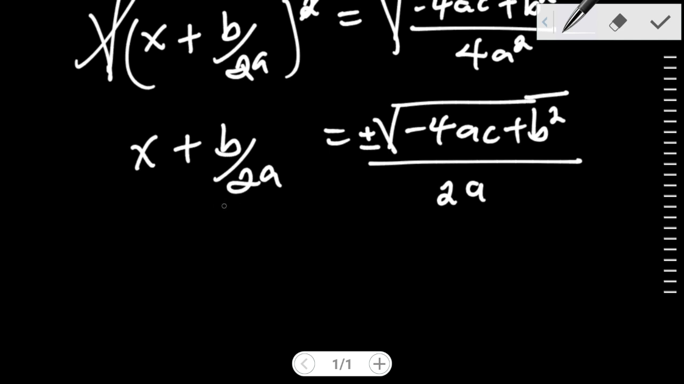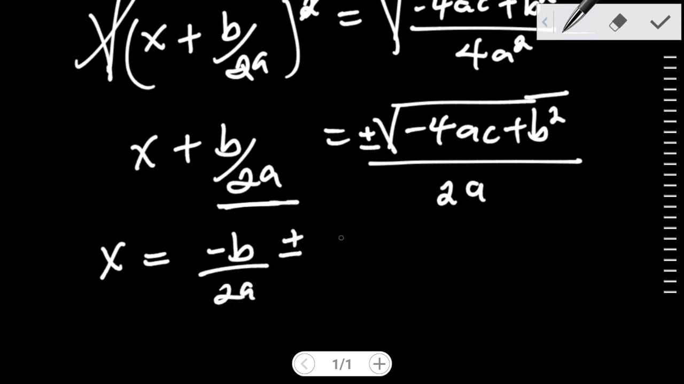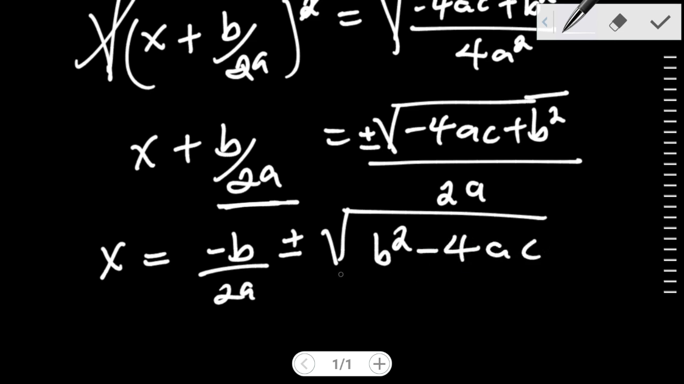and therefore I come here and say that, let me take the b out of 2a to the other side, and therefore x would be equal to negative b all over 2a, plus or minus a root of, now let me arrange this in a familiar way that everyone knows. Therefore this is going to be b squared minus 4ac divided by